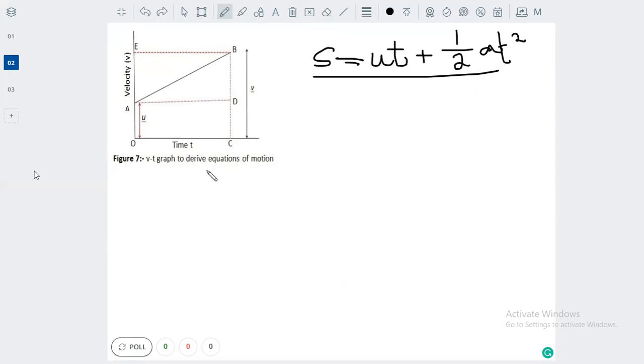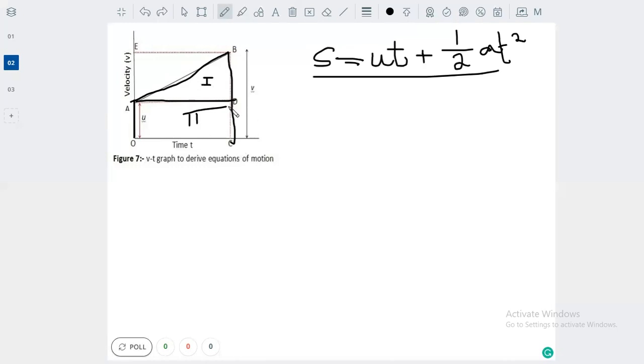So distance traveled is equal to, here you see, to find out the distance, you have to find out the area of the figure. So we are going to take this part only. Distance traveled is equal to OABC. This part, because this part is the external part. So OABC we are going to take. As I said, to find out the distance, we have to find the area of the figure. And there are two figures provided. One is a triangle, one is a rectangle. First figure and second figure.